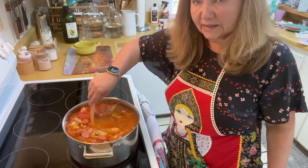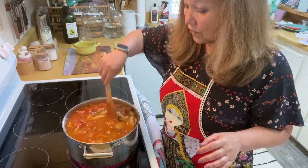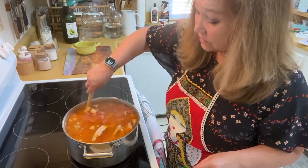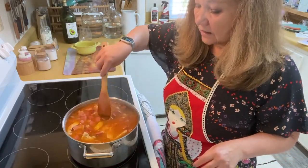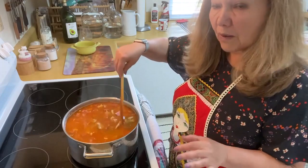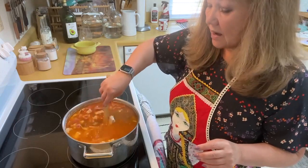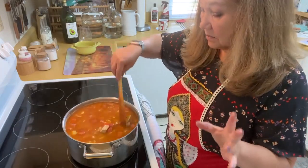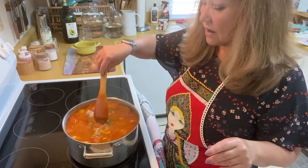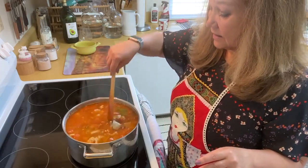You probably have noticed that I'm not giving you a precise amount of anything that goes into this soup. Play it by ear, literally. You know your pot. The meat should be about 2 pounds or a pound and a half. Then 3 or 4 links. Then you'll have other meats, maybe half a pound of sausage, half a pound of ham, and then you saw all those onions and